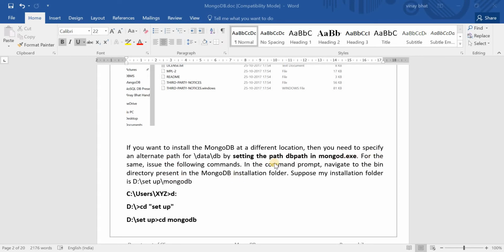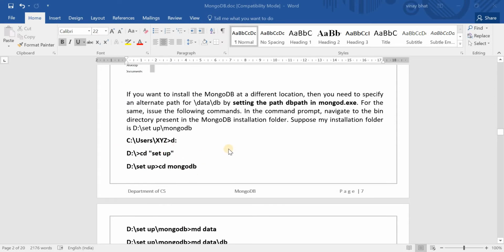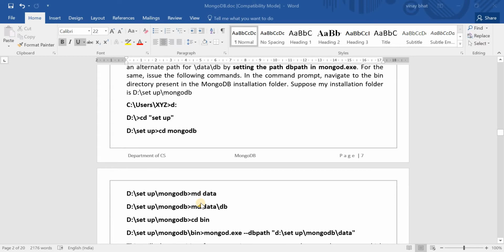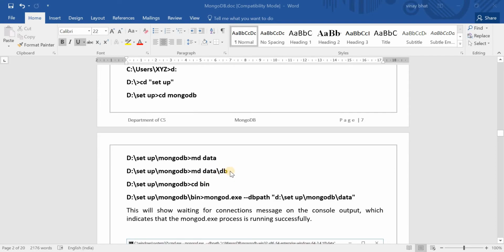For the same, issue the following commands. In the command prompt, navigate to the bin directory present in the Mongo database installation folder. Suppose my installation folder is D followed by setup followed by MongoDB, then these are the set of commands which the user has to execute in case of installing the Mongo database with respect to that D folder. So setup is a directory which the user has already created. So move to that setup folder followed by MongoDB. Then make a new directory, say data followed by db,